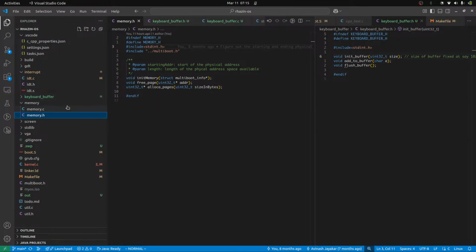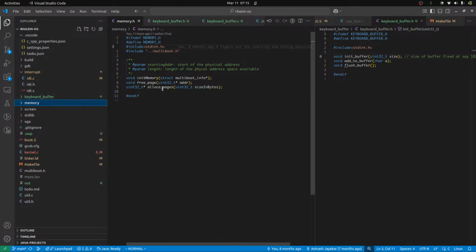Yeah, we need to write our first user space program, but we need to expose these alloca pages or kmalloc. Basically this has the physical regions. We need to maintain a mapping between